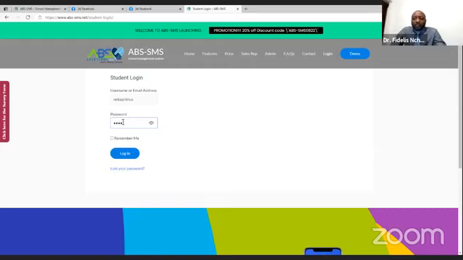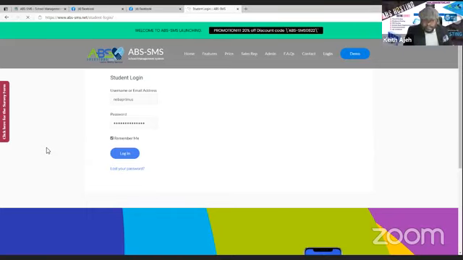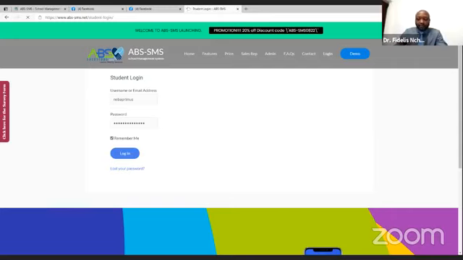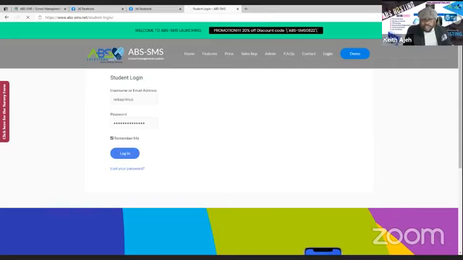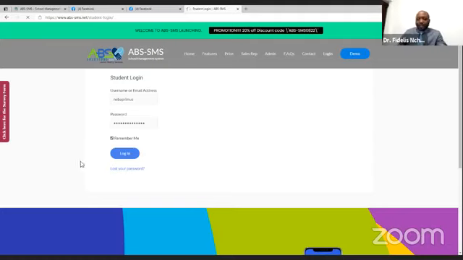Just one more thing, as you say, if a school has this, administrators, whoever uses the system, may have a desktop icon, like a shortcut that you just click on and it takes you to this page. Is that what you were saying? Yes. Okay. Like on the bottom of your screen, you can pin different applications like this. That's how you're going to have one too for ABS SMS. Yeah. So pin it on your taskbar, and anytime you log on, you can just hit that taskbar and it takes you right straight into it.